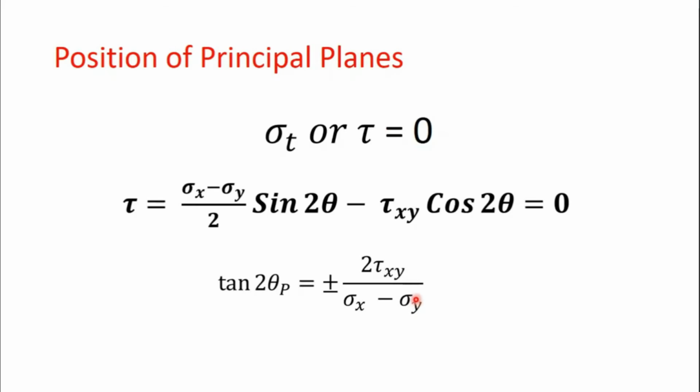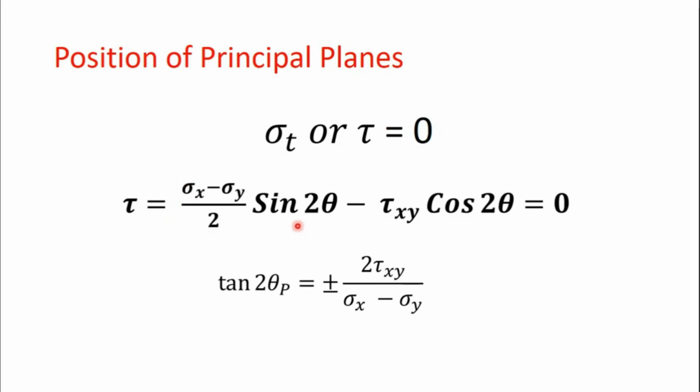To find the position of the principal plane, we know the very mathematical condition for a principal plane: it is the plane at which there is no shear stress. So I have put the mathematical condition here, which is sigma t or tau. Sigma t can be said as tangential, or tau is the shear stress, they are both the same. So putting the equation of sigma t equals 0, we can get the position of the principal plane. It is that plane where there is no tau, where there is no shear and only normal stress is present. So what I am doing here is putting tau equals 0.